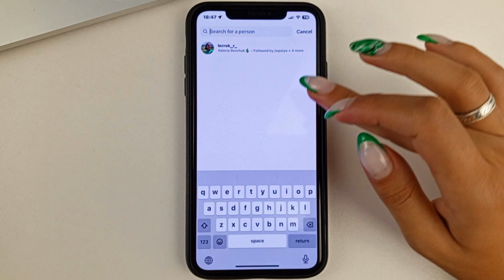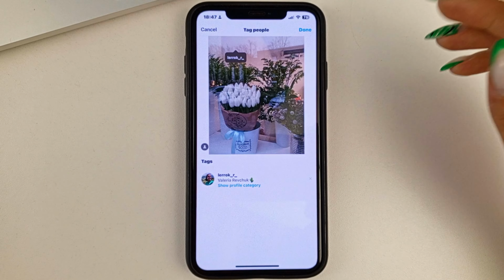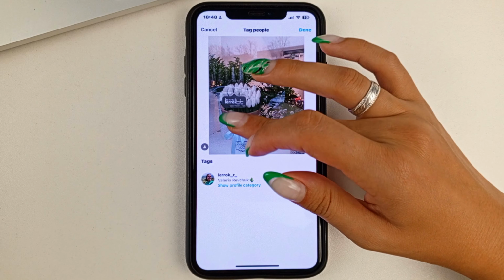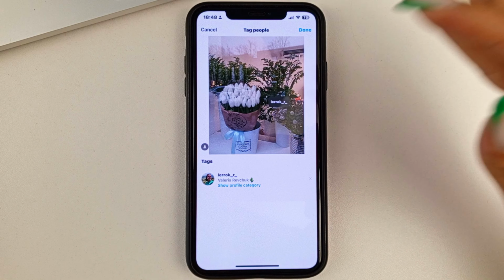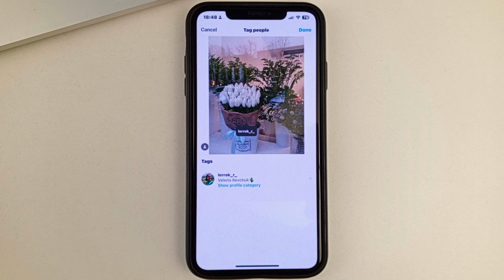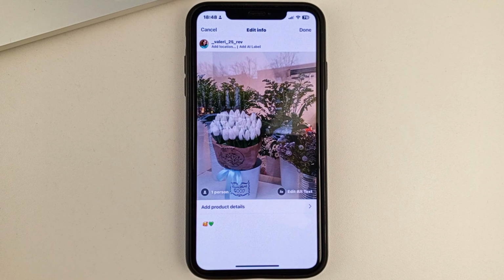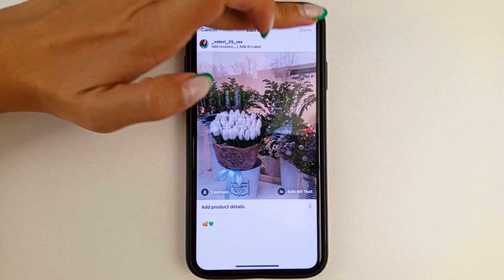Then you can click absolutely anywhere in the photo. Enter the name of the person, select him from the list, and this mark, friends, as you can see, you can move it to any point of the photo. That is, if you have several people in the photo, you want to mark them, you can put a mark for a particular person under each of them. Next. After that, don't forget to click Done and save everything.